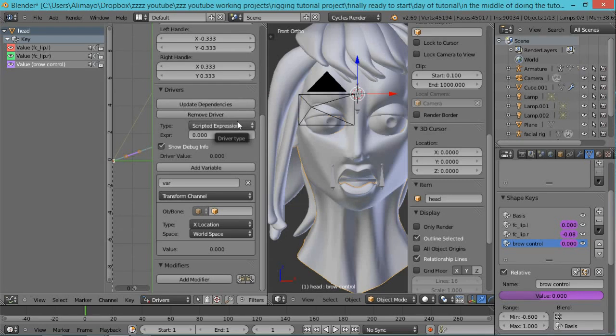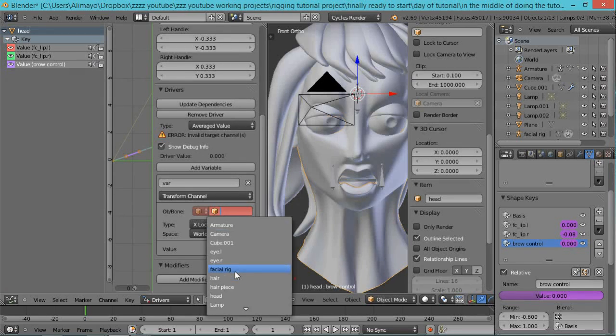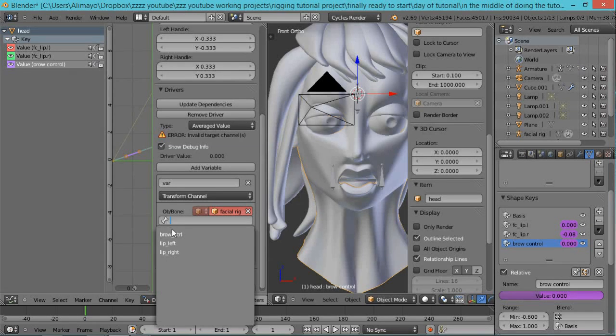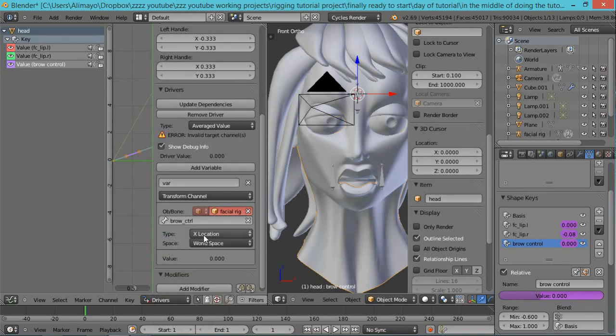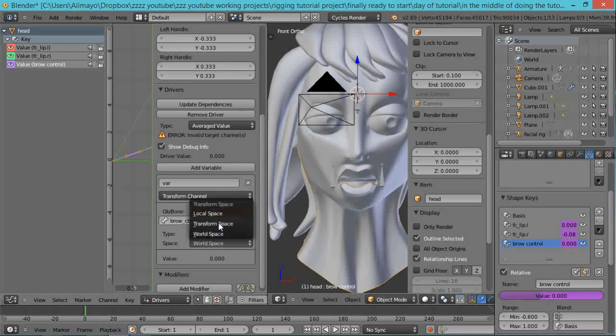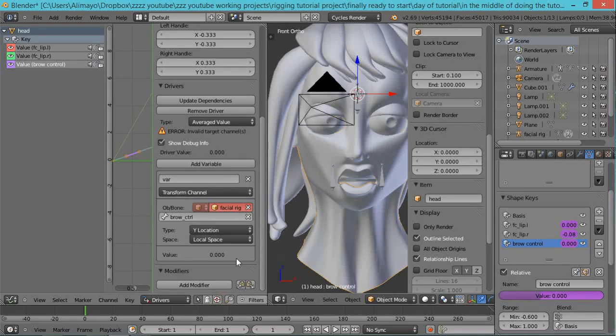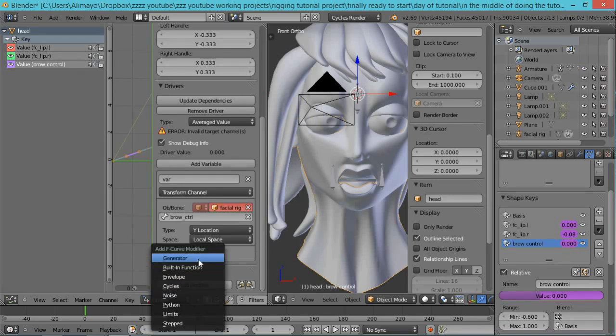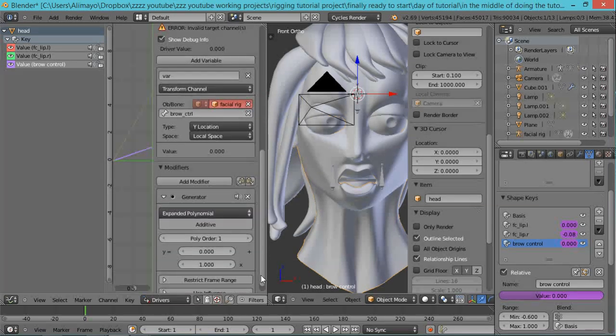We come over, make sure you select the brow control. First thing, which I forgot last time, you're going to change this to average value. You see error, don't worry about that. Now you're going to come down and select the facial rig. You're now going to select the bone. It should be brow control. You're going to change this X location to Y location, world space to local space, and then do an add modifier generator, and change this 1 down here to 5, and then you're going to come back over to,